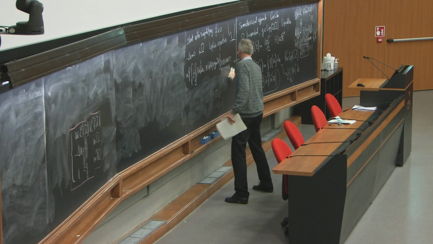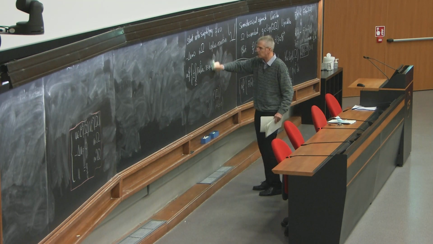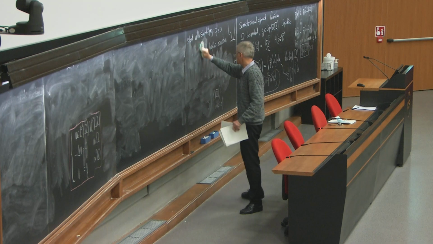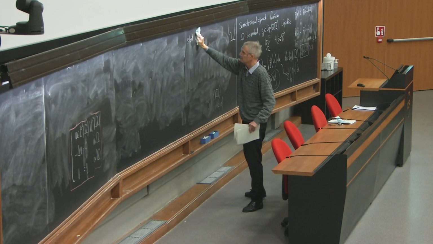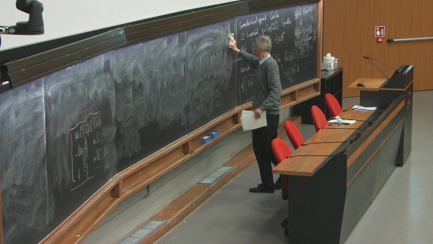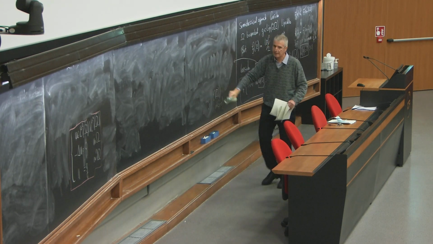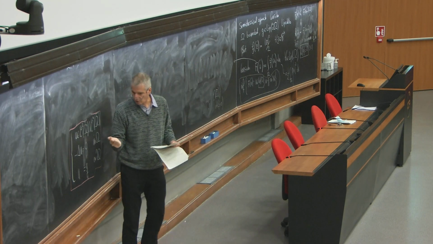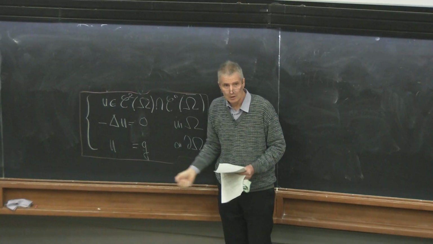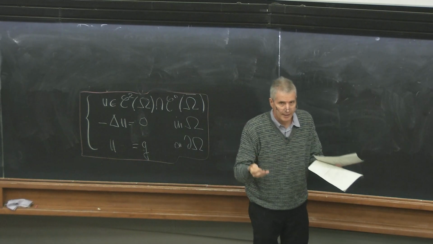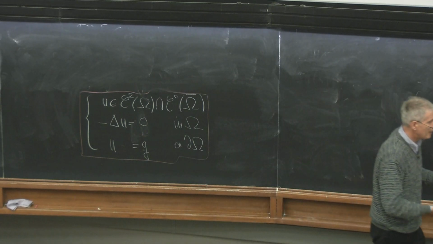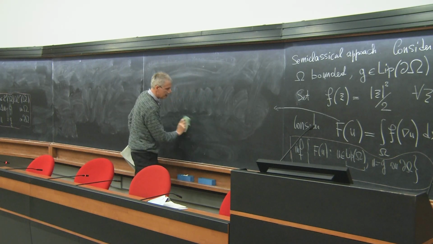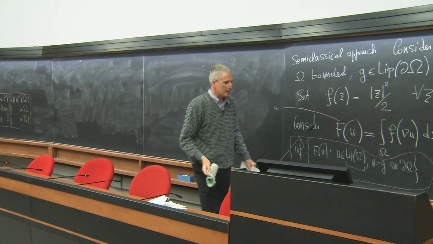Often they are similar, often they are equivalent, but not always. Depends on G. So remember that the delicate problem is to find conditions on omega and G in order to have a solution. Conditions on the data of our problem, the domain omega and the boundary condition. And it's not clear that for any omega, for any bounded omega, say,